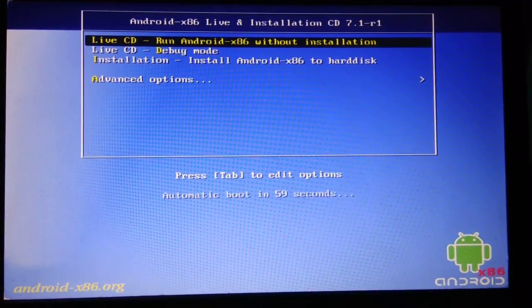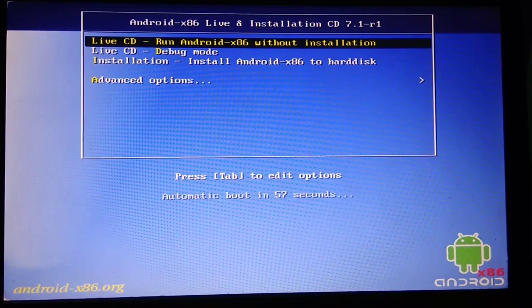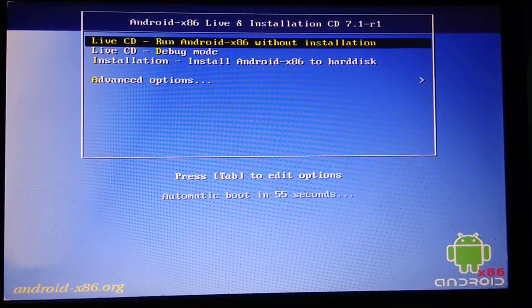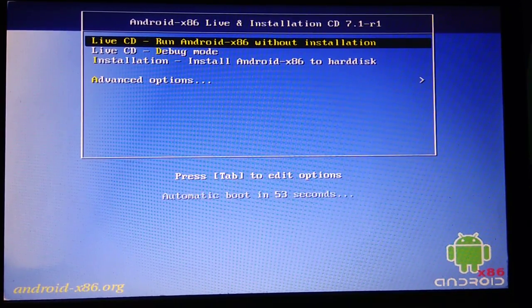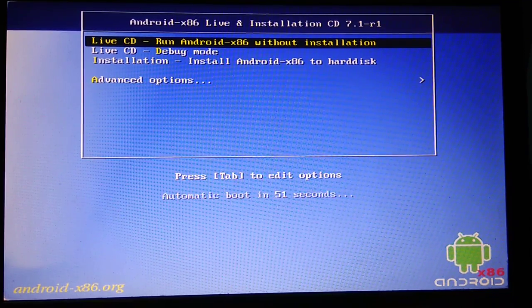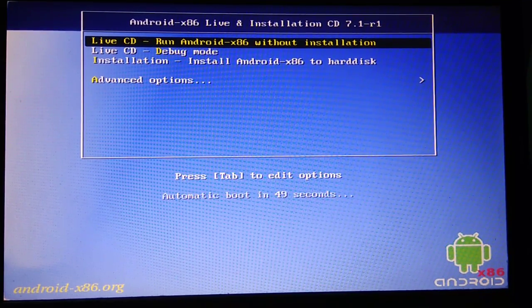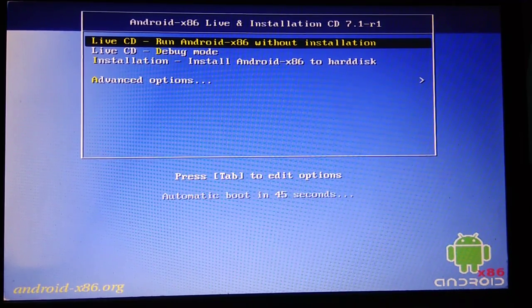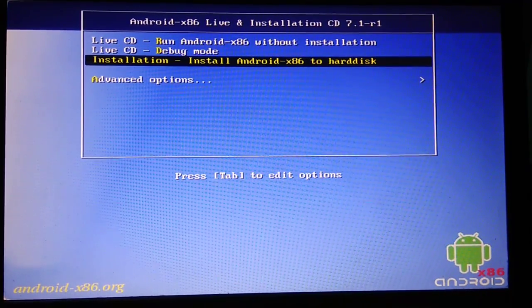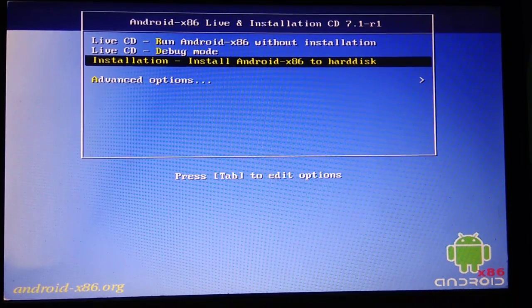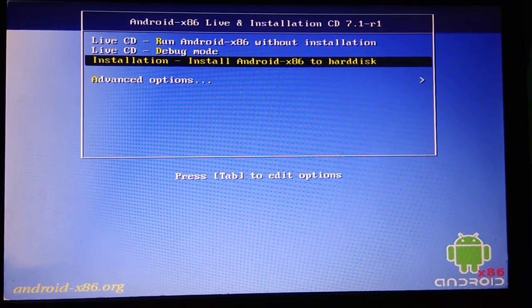So guys, this is the primary boot screen. Here it is asking to create a live CD, run Android x86 without installation, or live CD debug mode, and install Android x86 to hard disk. So let's see what happens if I install it to hard disk.